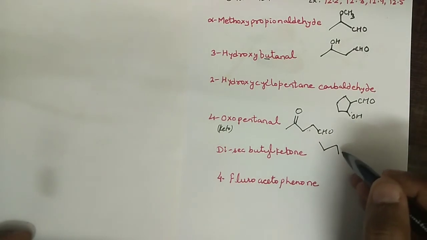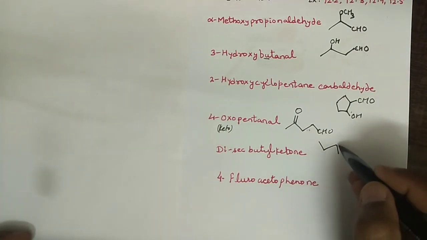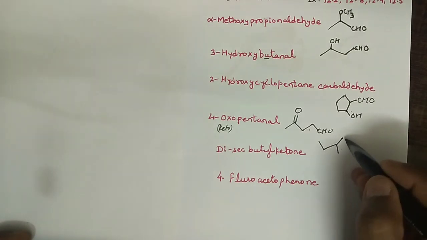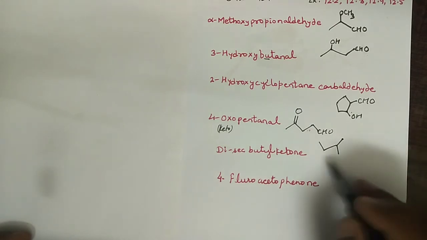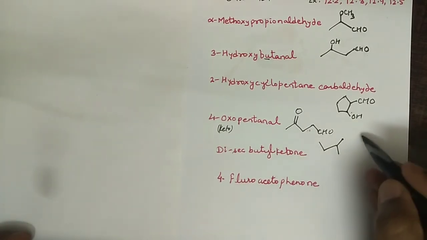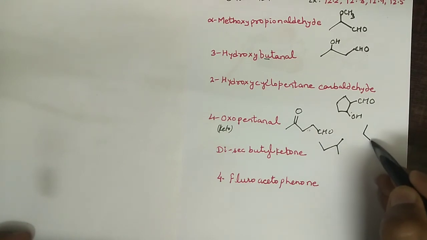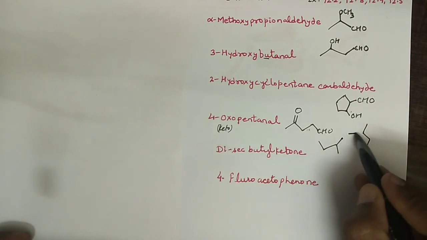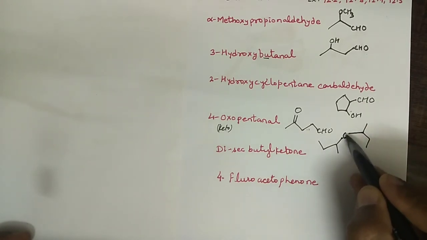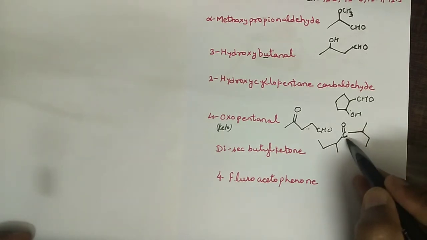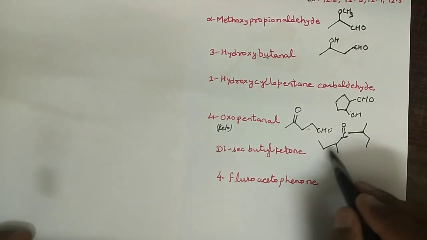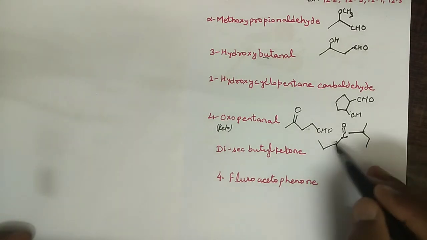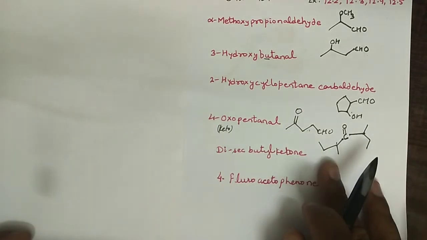And secondary butyl will be when it attaches at this point, right? Secondary butyl, right? So what I am going to write here is secondary butyl. Again you have to draw the same group 1, 2, 3, 4, and you just connect this point to this, and here you have to write this C double bond O, and this is called di because it is 2, and yes, obviously it is secondary and butyl, and it is ketone, it is a common name. Then